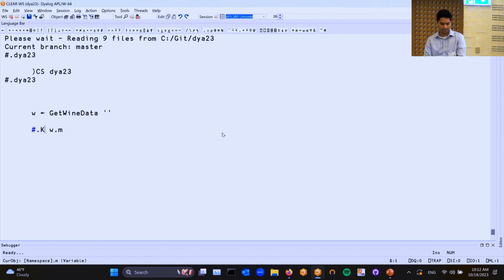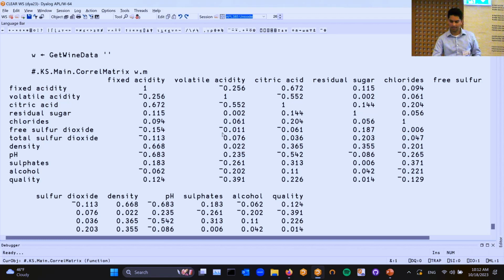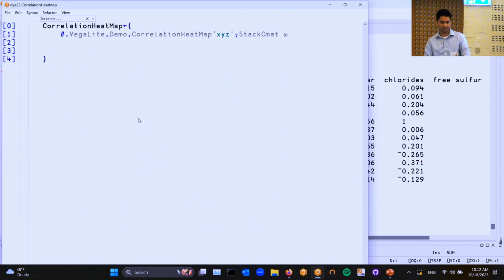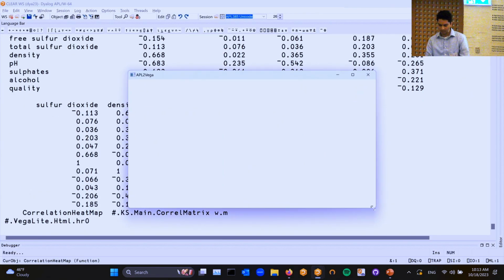this is a reference to KokoStats, and there's a function to do a correlation matrix. So this is very simple, but now we can see how all the variables interact with each other. And data visualization is also key for this, so we're working on a library that Richard Park will talk to you about, which is just a call to this Vega-Lite library, and then I format the data the way it expects it. But I can run this, and you can see that,